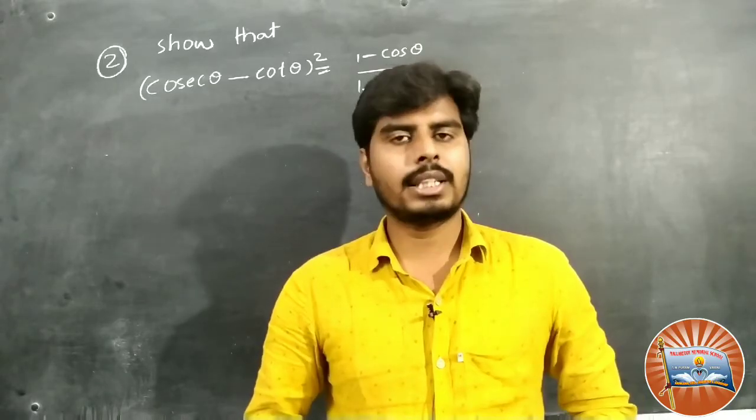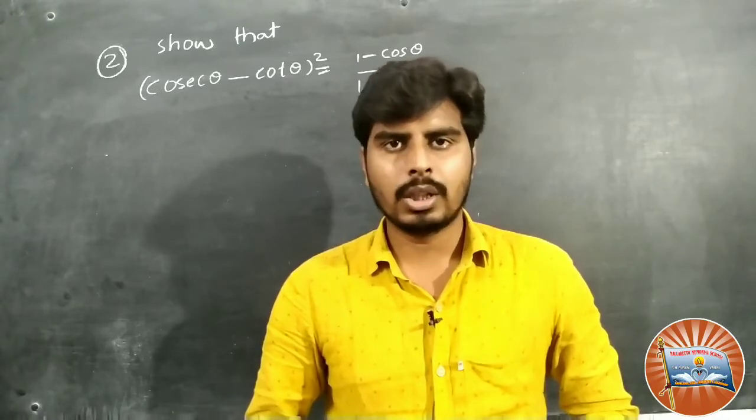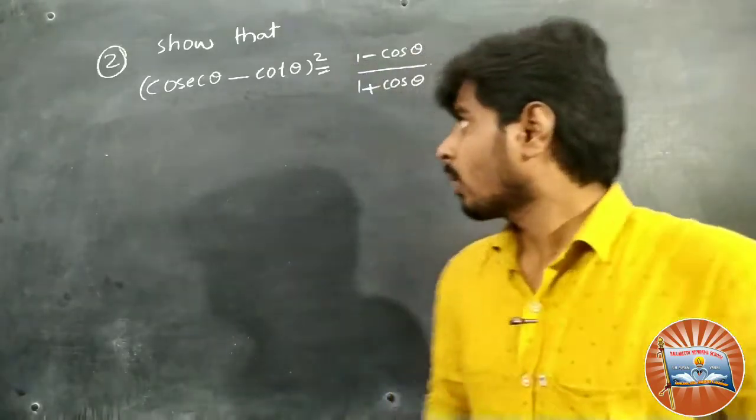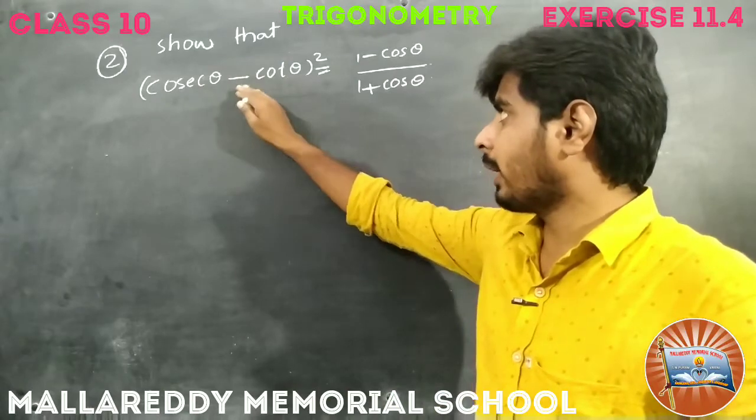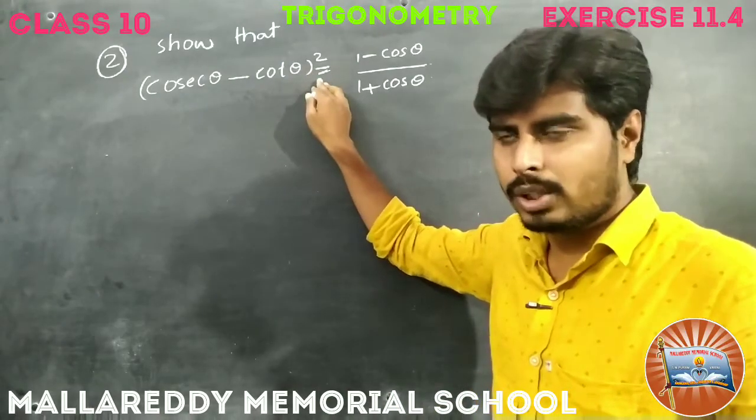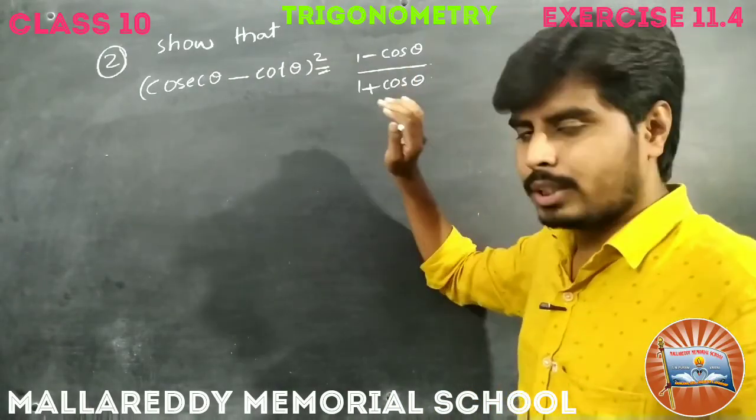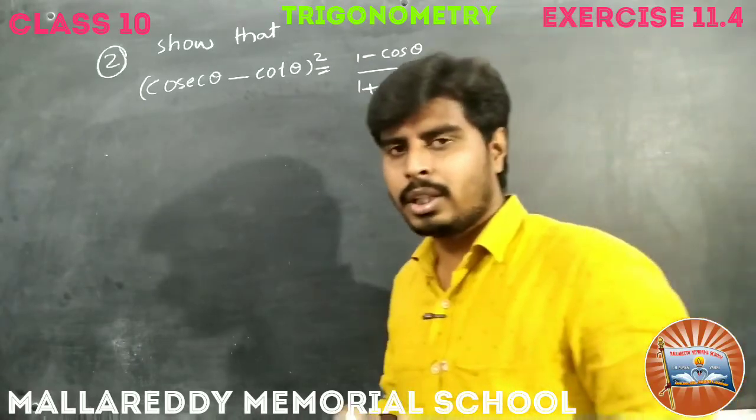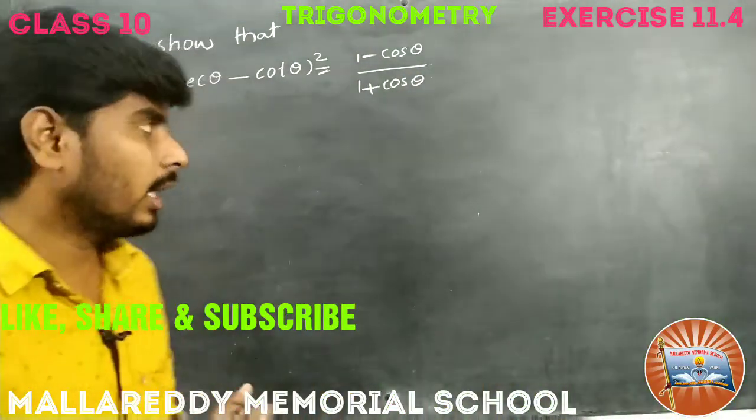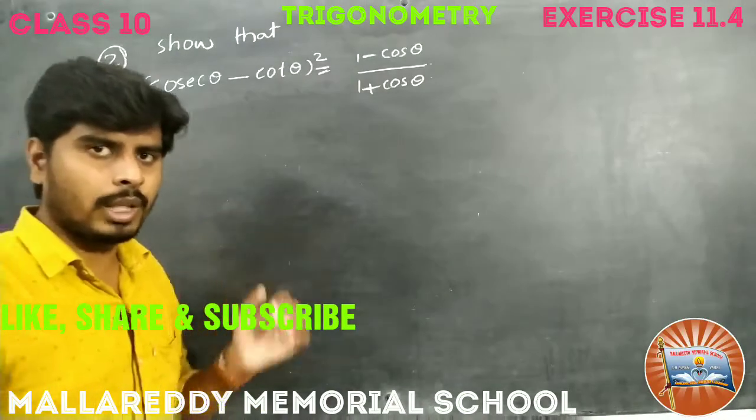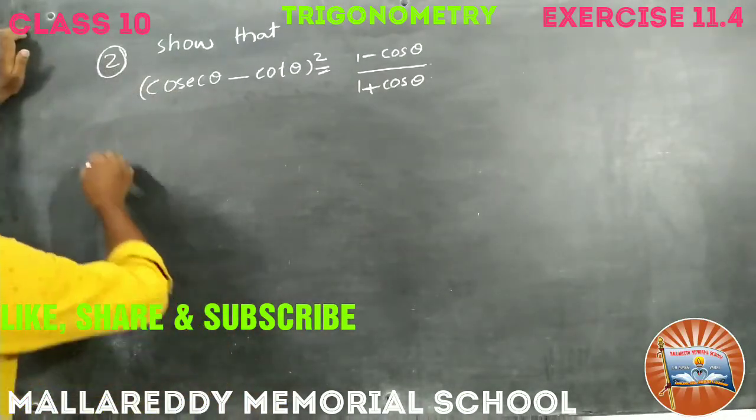Now exercise 11.4 problem number 2. Look at the question. Show that (cosec theta minus cot theta) whole square is equal to (1 minus cos theta) by (1 plus cos theta). Here we have to show that LHS is equal to RHS. Okay, right. So let us take